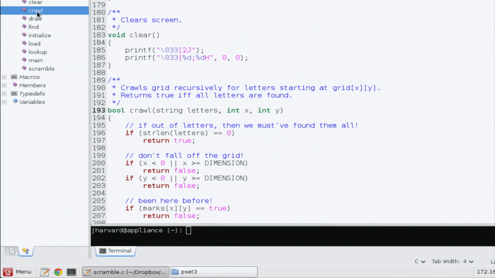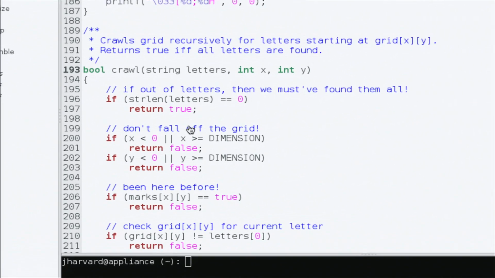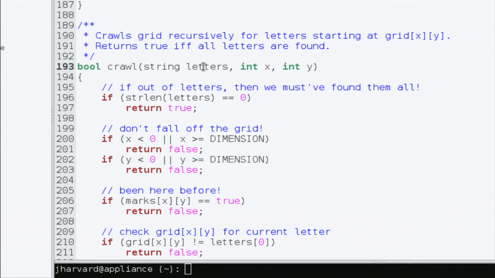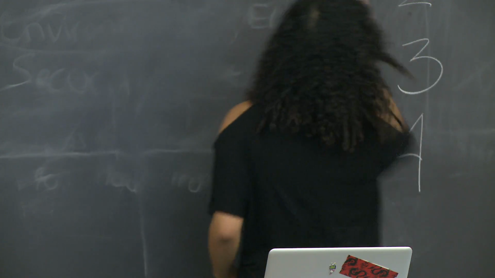So let's go back up to crawl and take a look at it. All right, so what crawl does is it takes in a string called letters, as well as x and y, which are the indices of the starting index of where the user has said the word is. So essentially it checks, well, if x is less than 0 or more than the dimension, basically that means that index actually doesn't exist in our game, so then that returns false. If you've already visited the specific letter, then that's going to return false as well, because a rule in Scramble